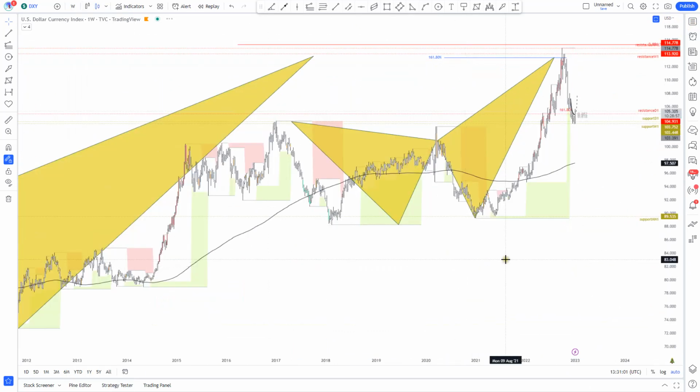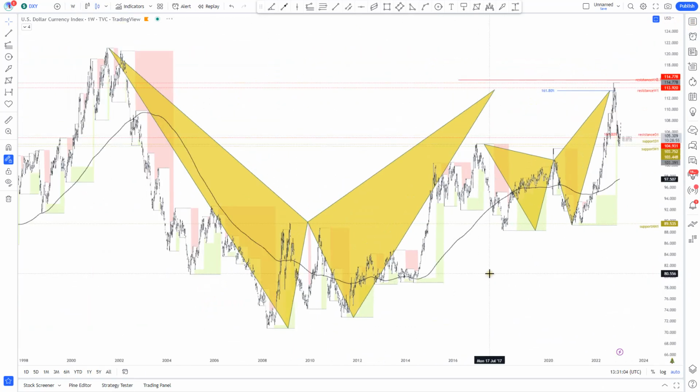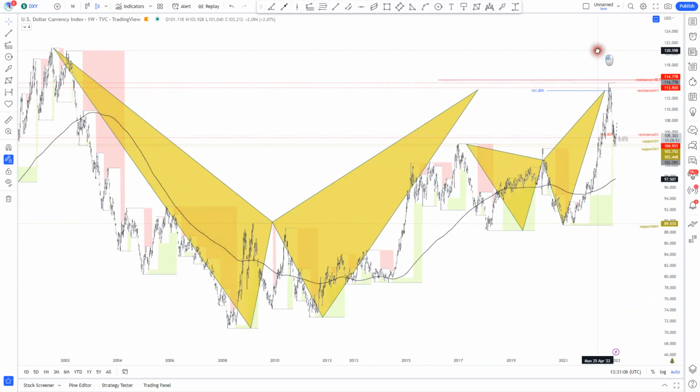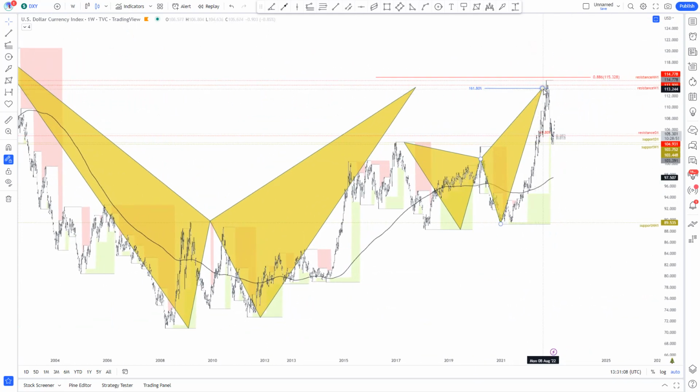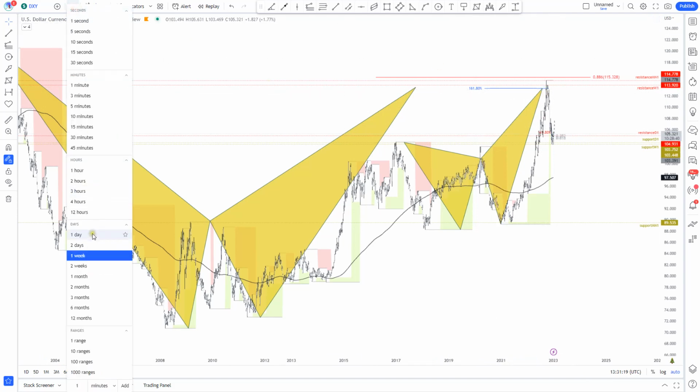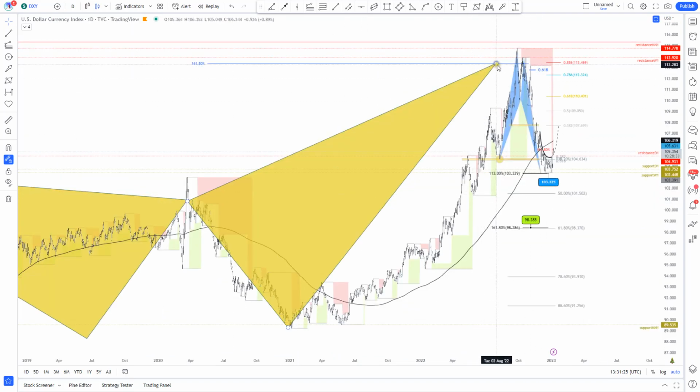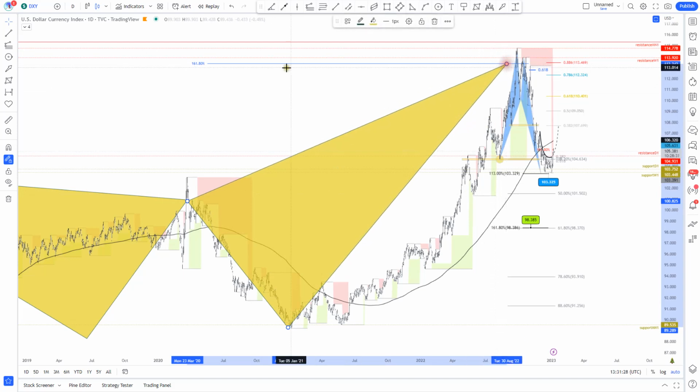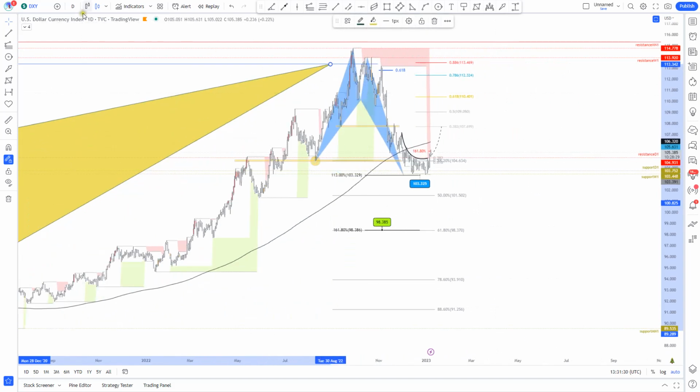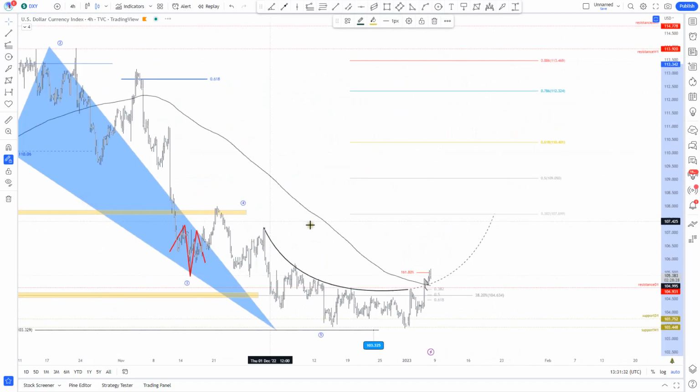I shared this bearish crab pattern before on the socials before the completion point. This is a weekly time frame, so I shared these once we start to approach this Fibonacci level, saying okay, there's a potential crab pattern that may force a pullback on the Dixie after this rally to the upside. So if you go into a daily, there's the completion point of that pattern, and now if you keep decreasing your time frame,